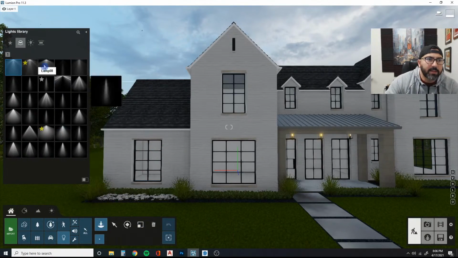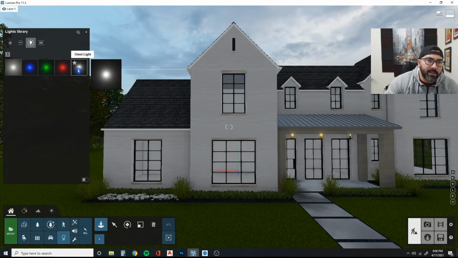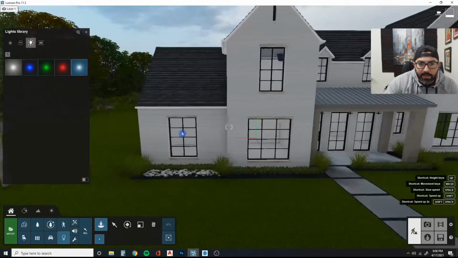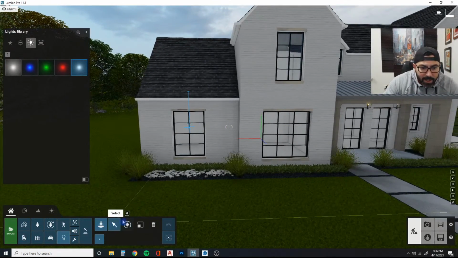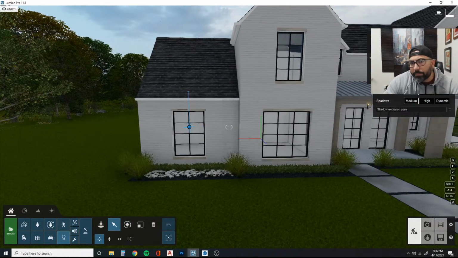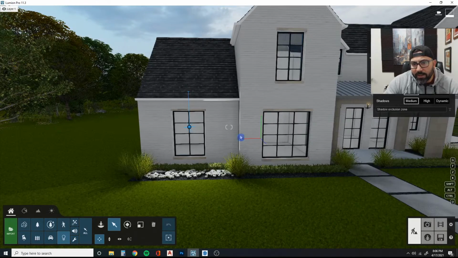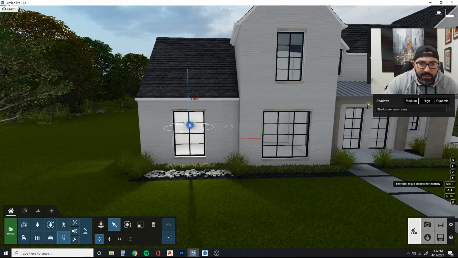Let's go to place, and I'm going to go to Omni Light right here. So I'm going to place it right on the glass, and here I can increase the brightness of it. So what I'm going to do is I'm going to push this inside the